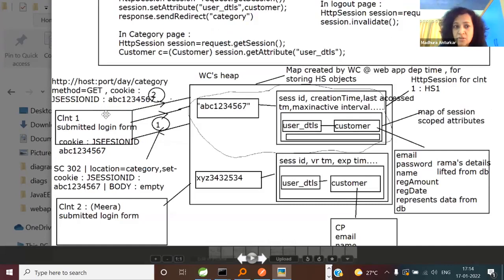Not till then. So, which will be the cookie? A request header, what will be the header? The request will contain Cookie. And of course, the JSESSIONID with the value ABC12345. So this is it, and method equal to GET. So this is the anatomy of the second request. Understood? RQ2 is sent to the same web application. Okay. Story is the same.